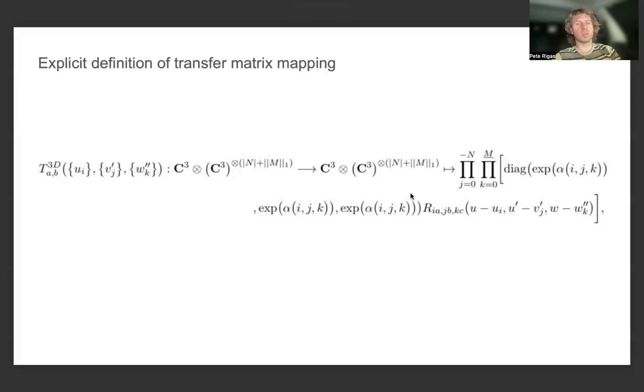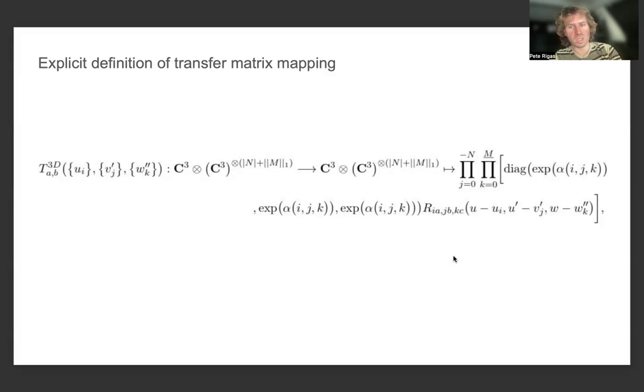An explicit definition of the transfer matrix mapping is given by some complicated mapping from a tensor product of C3. We're looking at C3 because we're defining the six vertex model over the triangular lattice in 3 dimensions. The other factor of C3, which appears in the pre-image space of this transfer matrix mapping, is raised to the tensor product of the absolute value of n, namely the total number of dimensions in this object, as well as the L1 norm of m, which is assumed to be a vector in a previous paper that I gave for studying weak integrability of the 20 vertex model. And the image space of this transfer matrix mapping is the same space as the pre-image space,